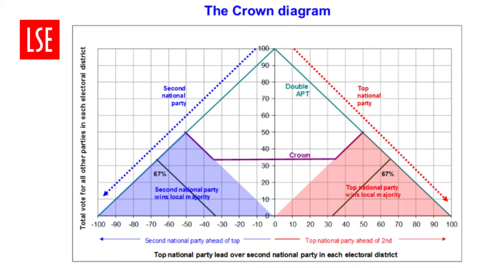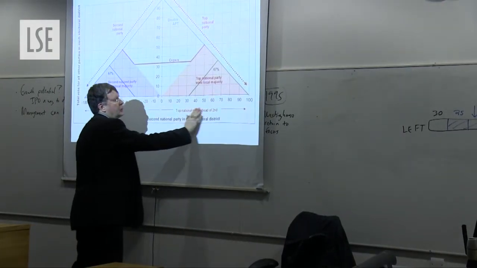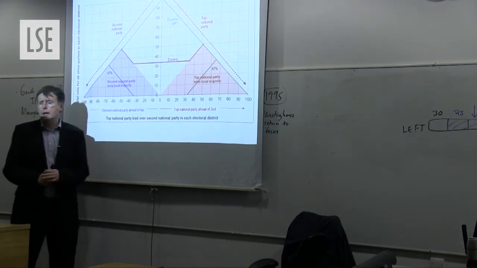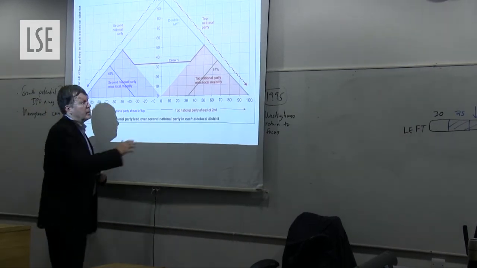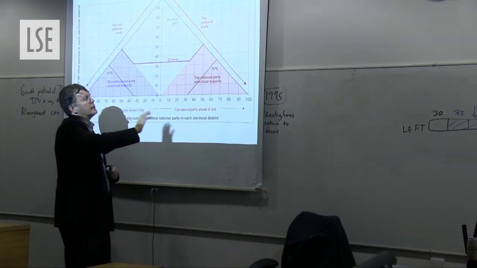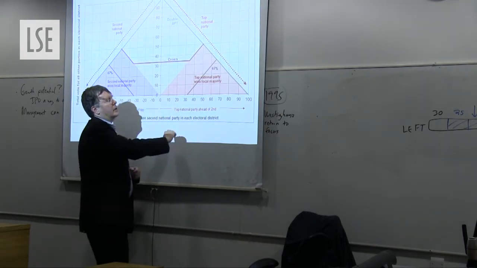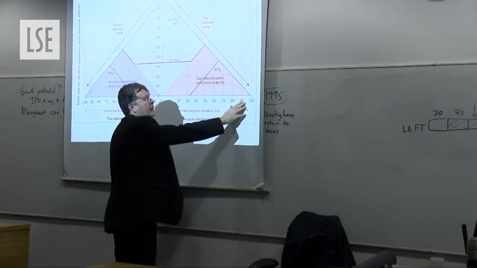Okay, so this graph shows you, along the bottom axis, the extent to which the top national party is ahead of the second party nationwide in a given seat, in every local seat. For example, if it was Labour ahead, how much are they ahead of the Conservatives? They might be 0 because they would be very tied, or they might be 90% because it was